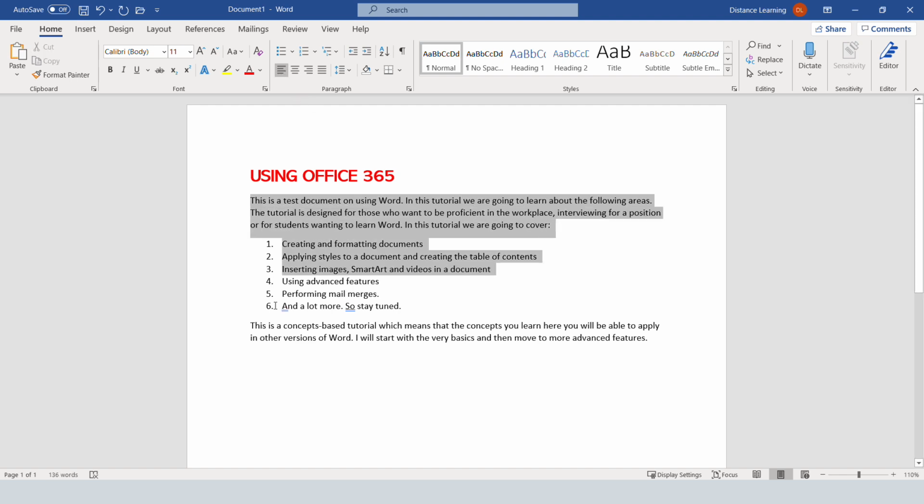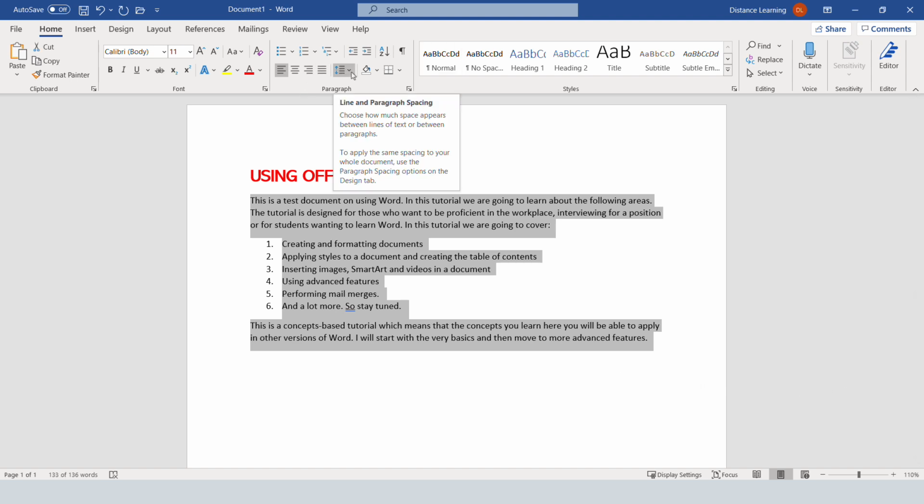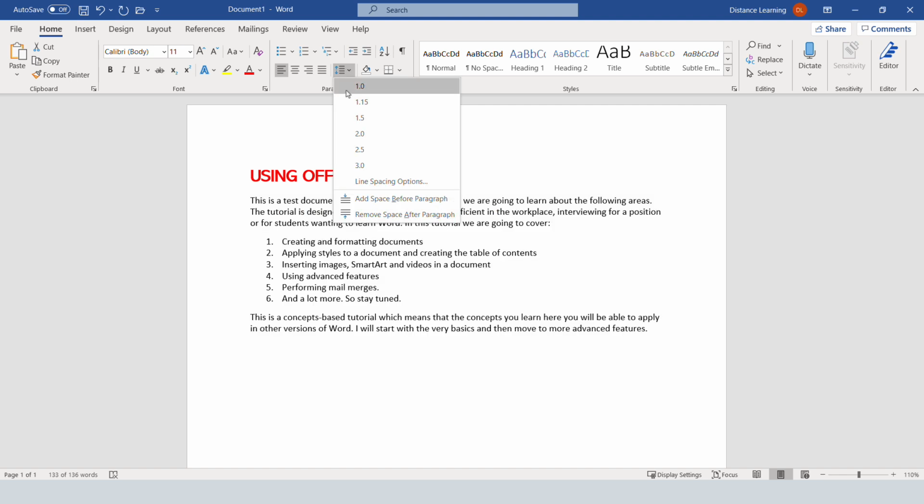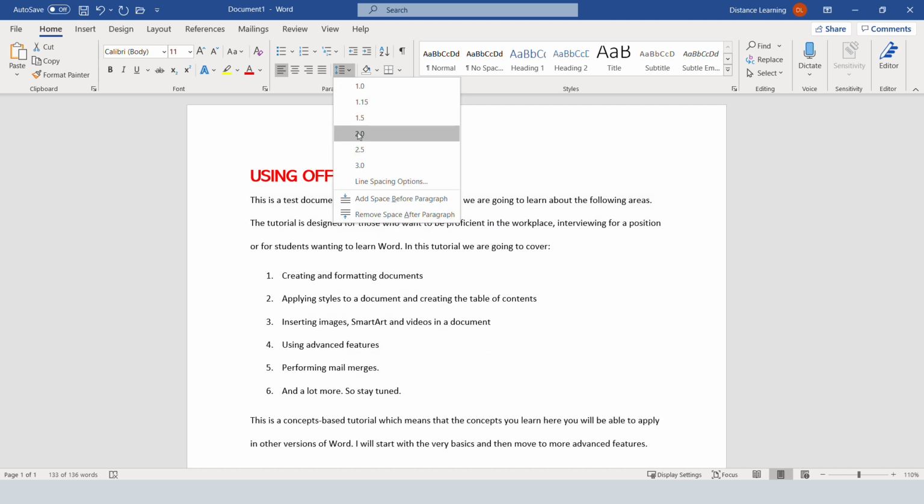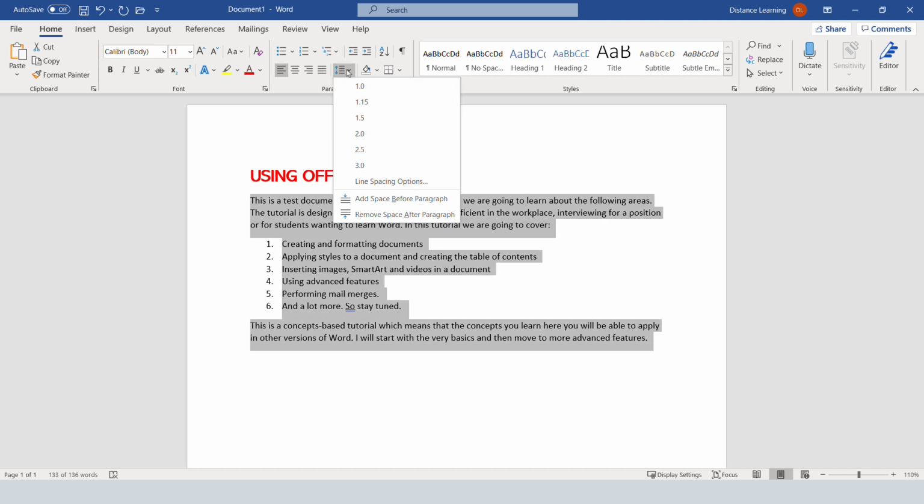For any of this text, once you select it, you can also change the spacing. So let's say I wanted this double spaced. One of the options here is to use line spacing and change it to double spaced. So for those that are college students and you need to do double spaced papers, you change it directly using